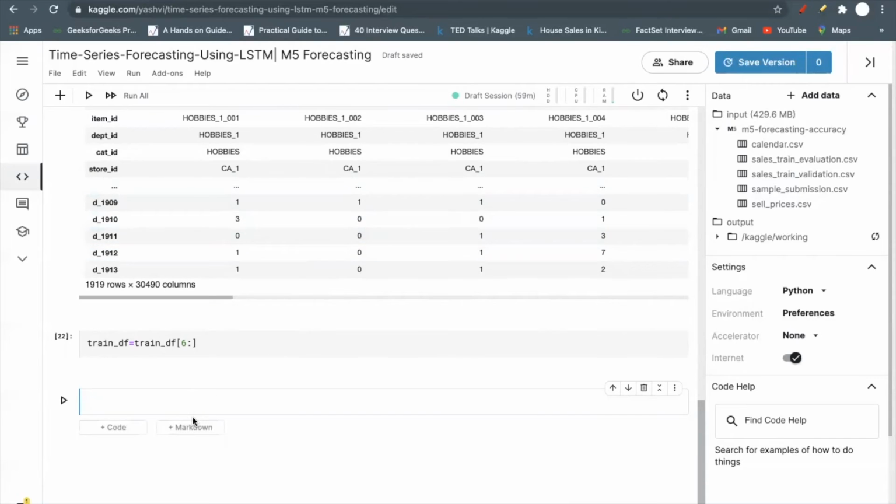So I'm using a MinMaxScaler, with feature range 0 to 1, train df sc dot fit transform.